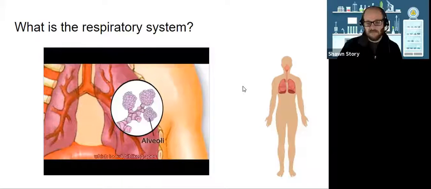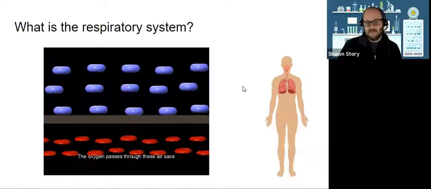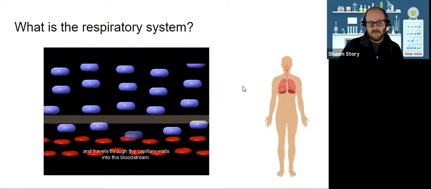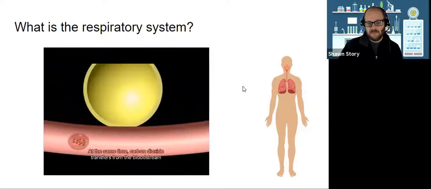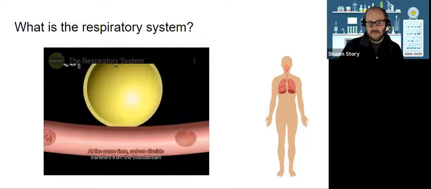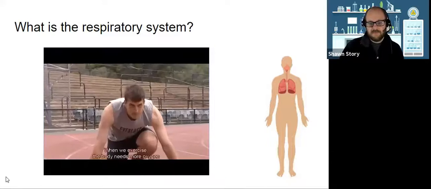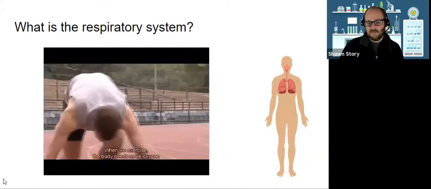The bronchioles end in tiny air sacs called alveoli, which look a bit like grapes. These structures enable fresh air to get to the air sacs, which are surrounded by tiny blood vessels, or capillaries. The oxygen passes through these air sacs and travels through the capillary walls into the bloodstream. At the same time, carbon dioxide transfers from the bloodstream into the air sacs, where it gets breathed out of